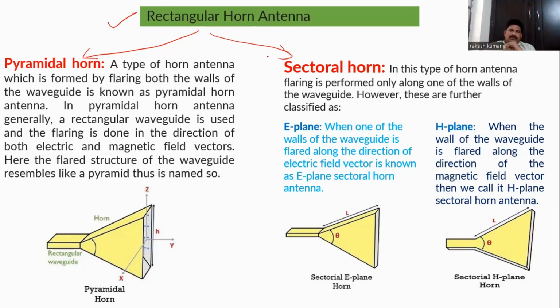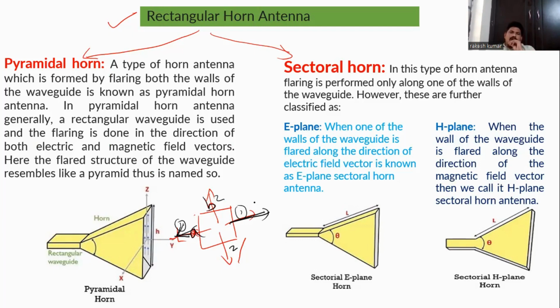For example, if you take the open end or mouth of a waveguide, let us consider this side is A and this side is B. I can flare in this direction or I can flare in that direction. In a rectangular horn antenna, if the flaring is performed only on one of the walls, either A or B, for example only along the A direction and not the B direction,